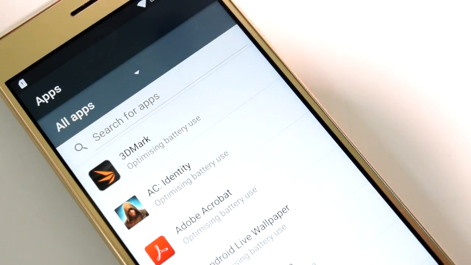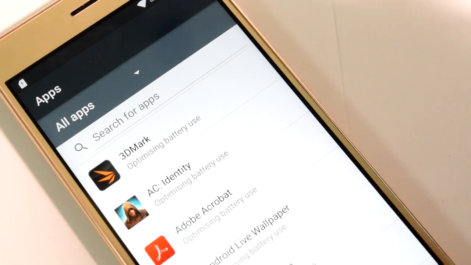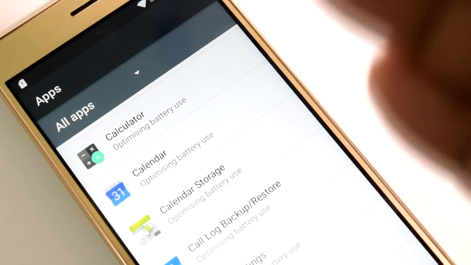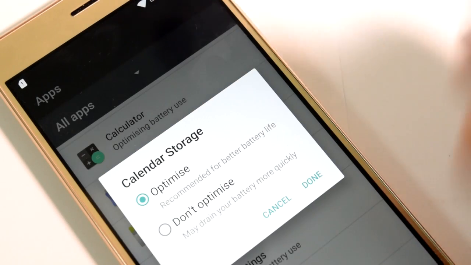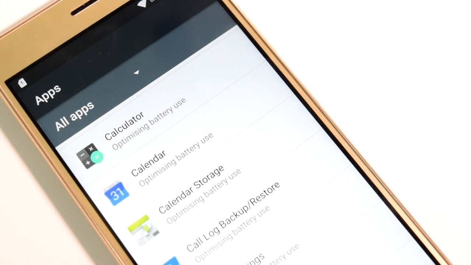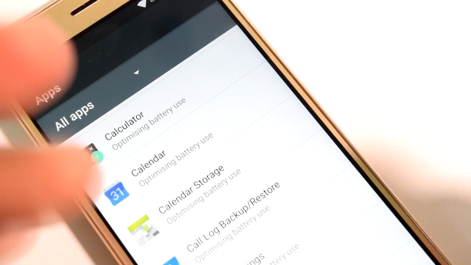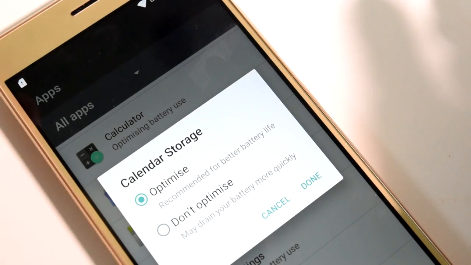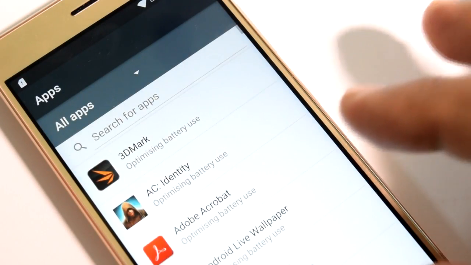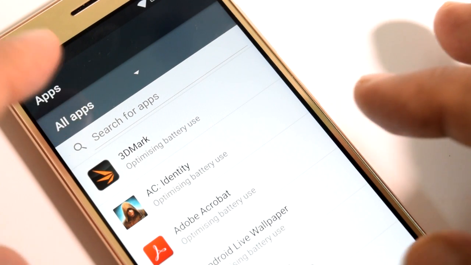Now it is always a very good idea to enable this, and in fact by default I think all the apps have this enabled, that is, optimizing battery use is enabled and available by default. If you want that particular app to use extra memory, then you can go ahead and unoptimize it, and that will give you the maximum performance, but still it is a wonderful option available